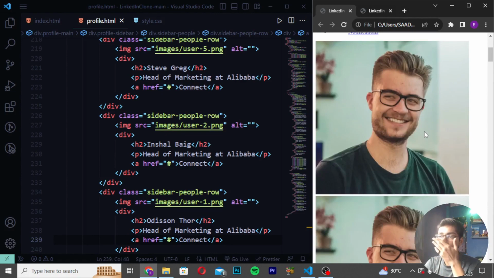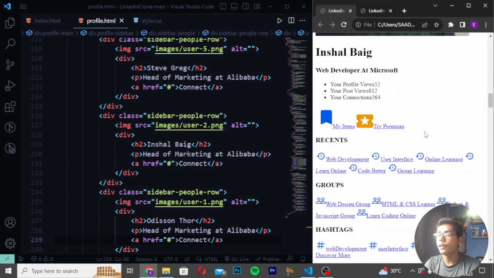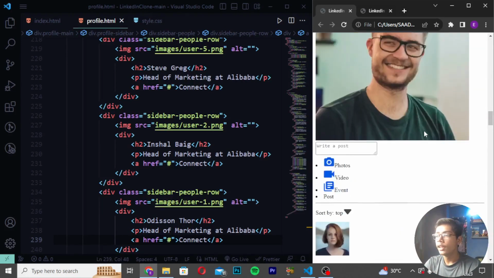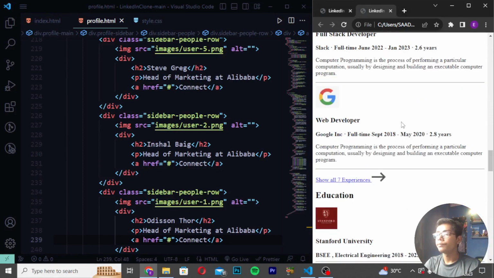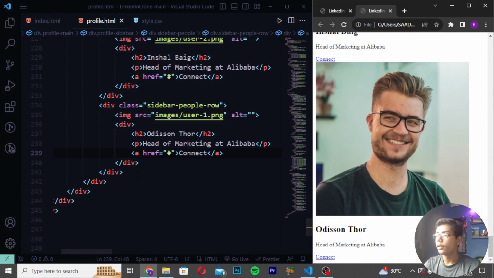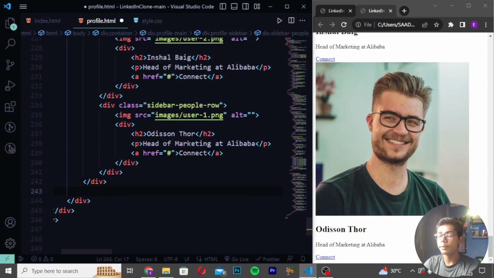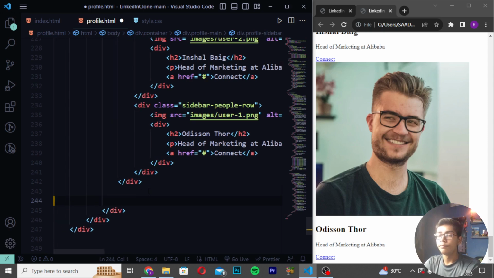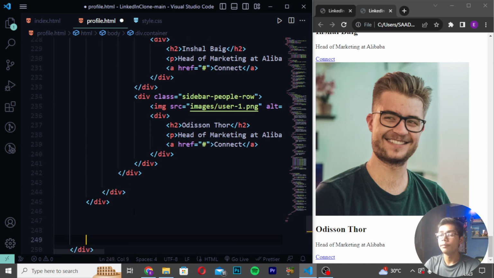This was our first file of index, which is our main file in which we are getting all the details of the user, and here we are also getting the other file of profile, and we are getting all the things about the user here in this profile section. Now I will be giving space after 3 divs here, 3 close divs which we have just written. After giving space, you have to move down after the 2 divs here,